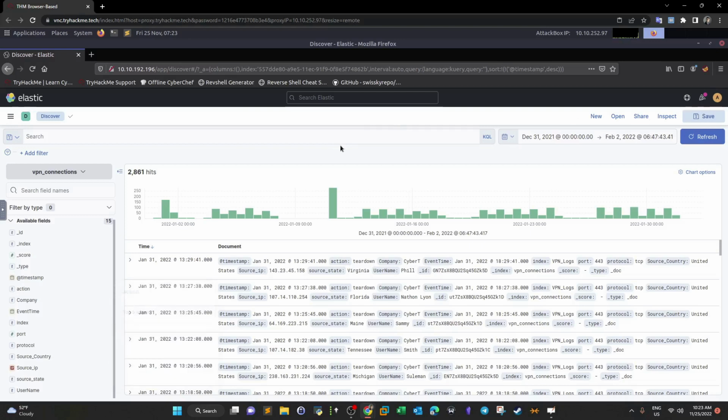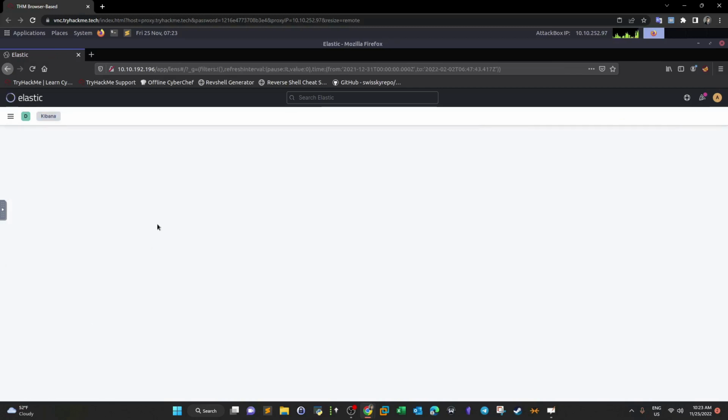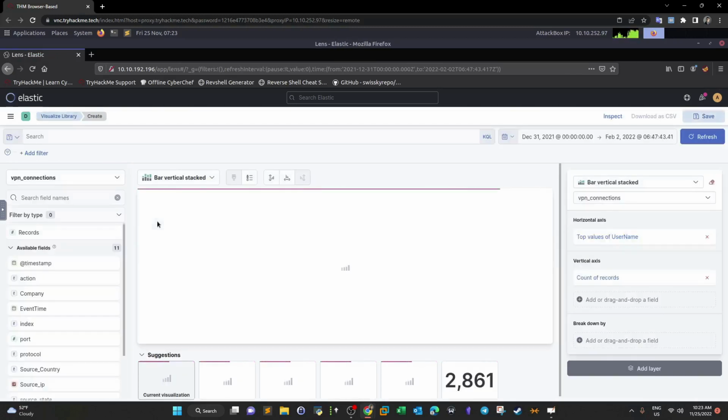Visualization and creating dashboards. So we're tasked to create a visualization from which we will be able to conclude the user with the greatest number of failed login or failed connection attempts. Okay, so let's go to the usernames here. So we go to username and we see the visualize button. We click on visualize and we will be able to, as you can see, get a visualization of the